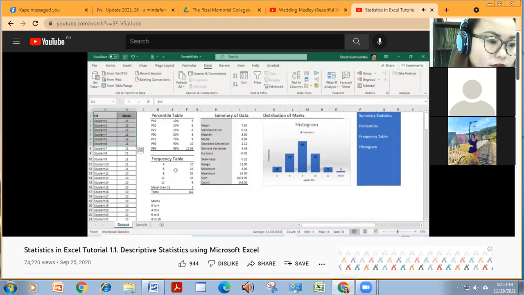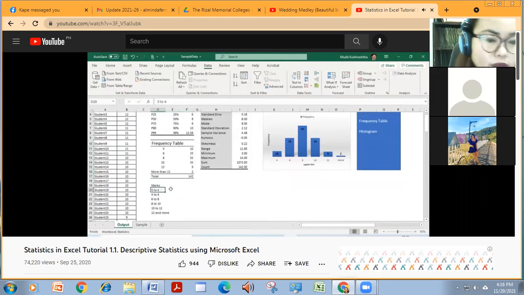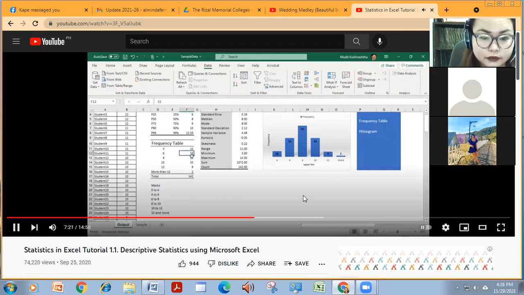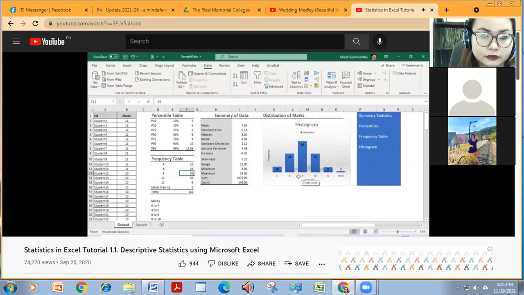So in the next exercise, we want to compute this frequency table. Frequency table is a very useful description of the data because it allows you to describe in different buckets how the students are distributed. So for example, between marks 0 to 4, how many students are there? So we see in this particular table that from 0 to 4 there are 10 students, from 4 to 6 there are 33 students, from 6 to 8 there are 55 students, and the same can visually be represented by the tool called histogram.